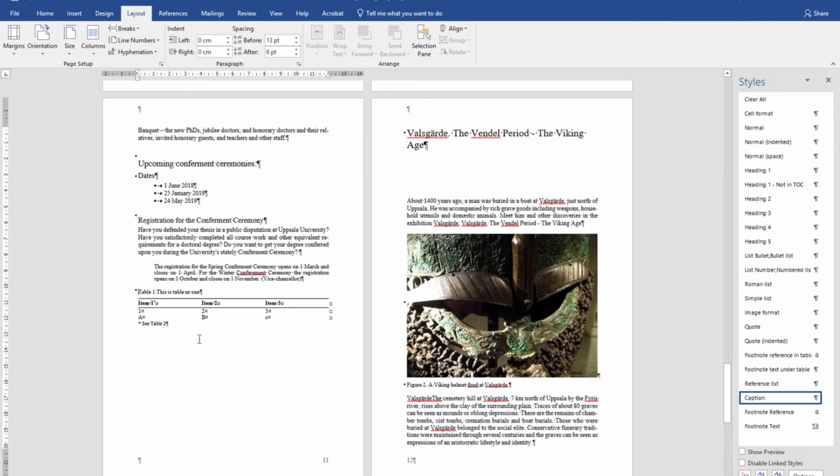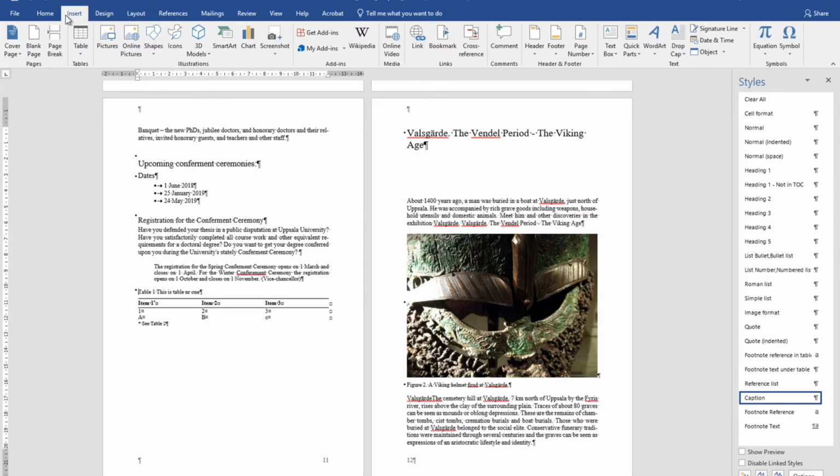If there's a part of your text that you want to start on the next page, for example, a table that needs a whole page, rather than dividing onto two pages, then you can insert a page break in order to force it onto a single page. Just place the marker in front of the table and go to the Insert menu and choose Page Break.